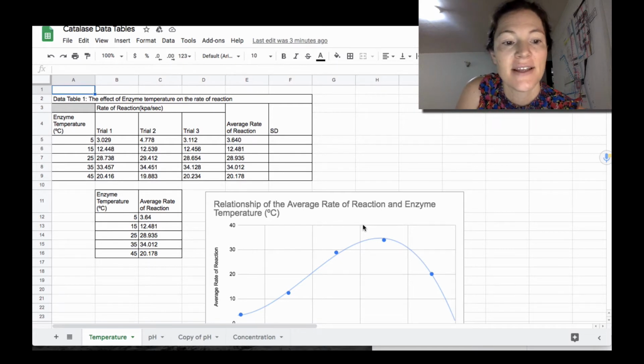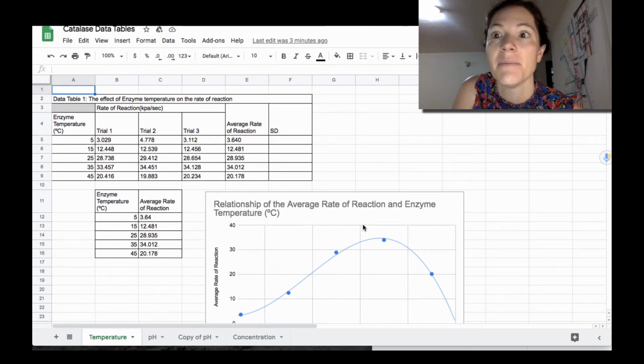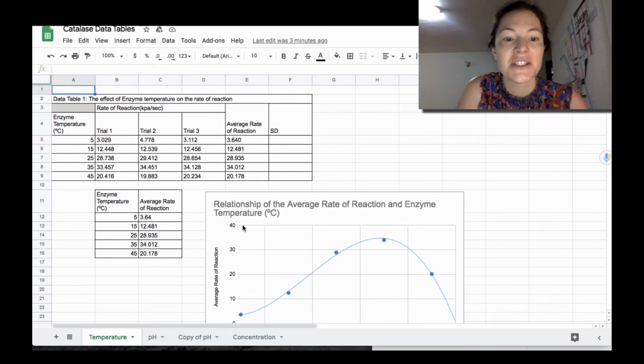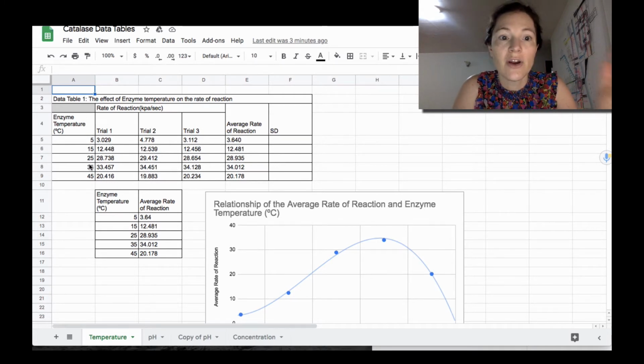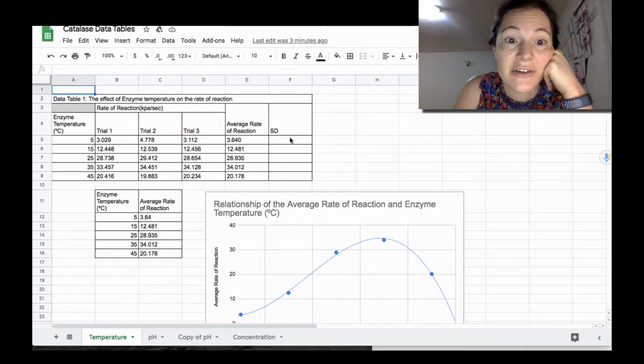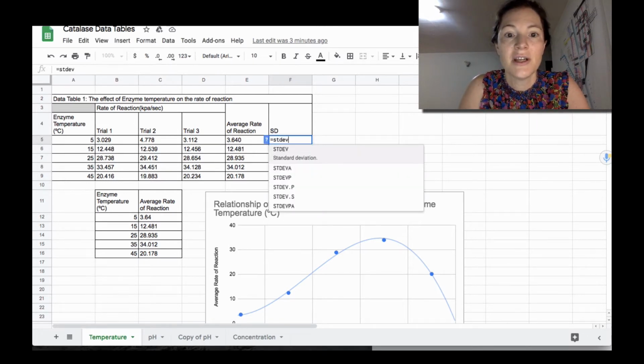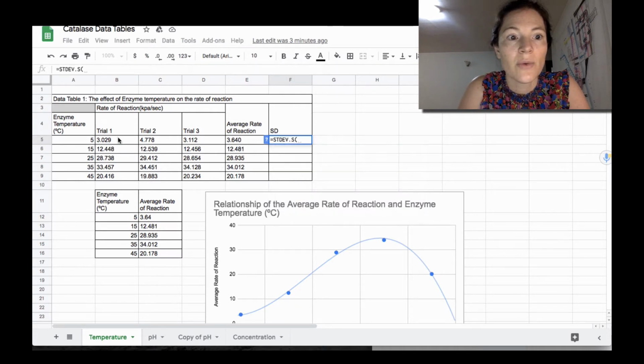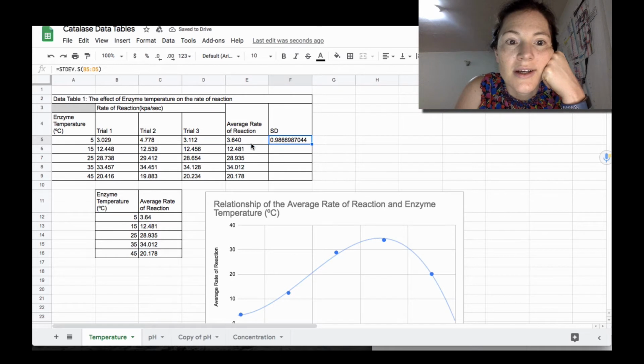look at the graphs that people at home had made on Monday, and it was actually really cool to see. It looks like people are pretty good about the data table, having your independent variable, your trials, your average, and your standard deviation. And then just a hint here: you can just type in standard deviation, and you can use either that one or this S, and you want to just take your two trials, and then for the average rates here, you can adjust your